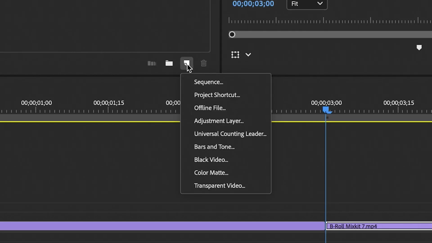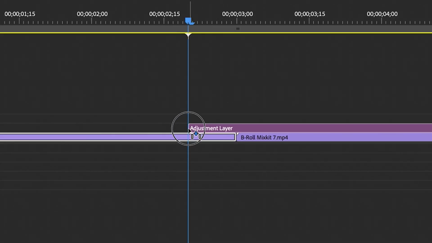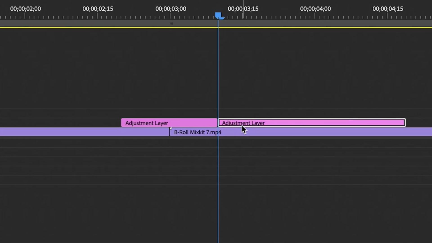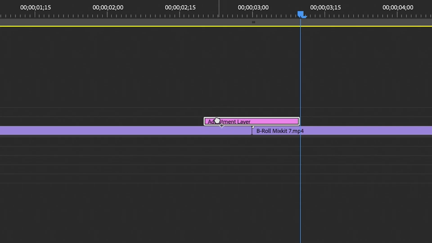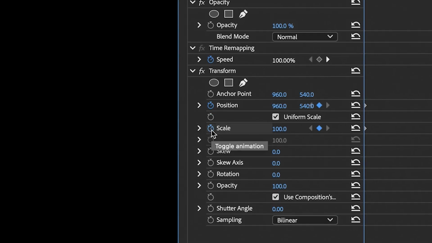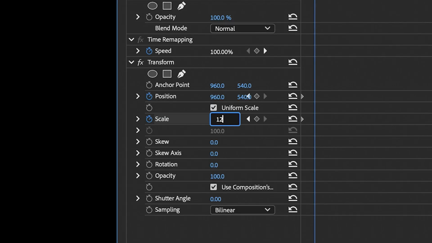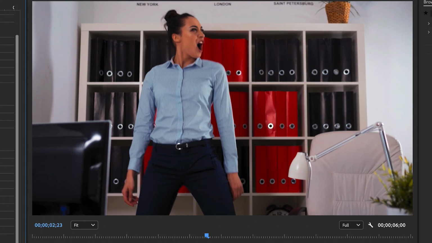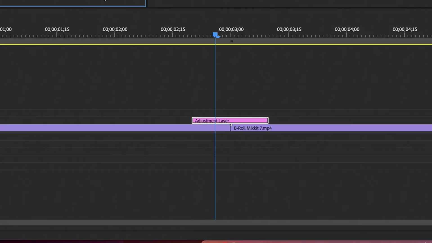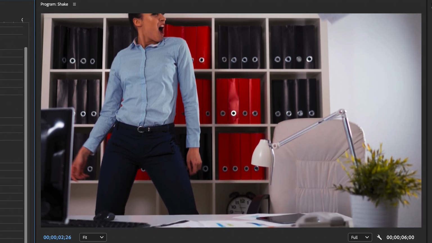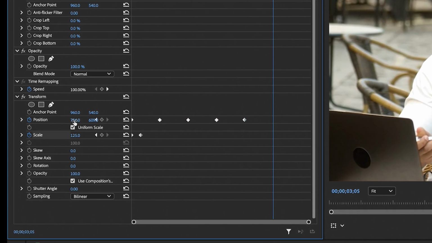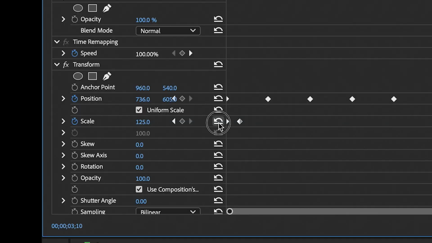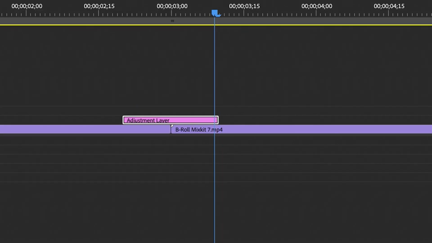Before we can create the automation workflow, we have to add our transition once manually. So create an adjustment layer, drag and drop it onto the timeline, trim it 10 frames left and right, add the transform effect, create keyframes for position and scale, move 1 frame forward, set the scale to 125, move forward 2 frames, change the position randomly, move forward 3 frames, change the position randomly, repeat that until you have reached the end of the adjustment layer, reset the value of scale and position, move the playhead 1 frame back and